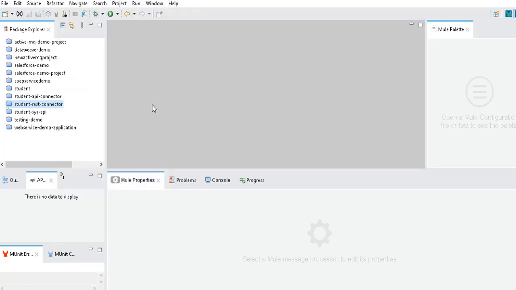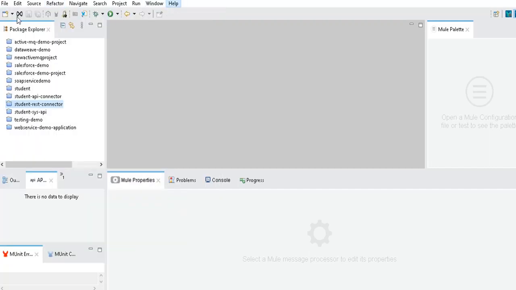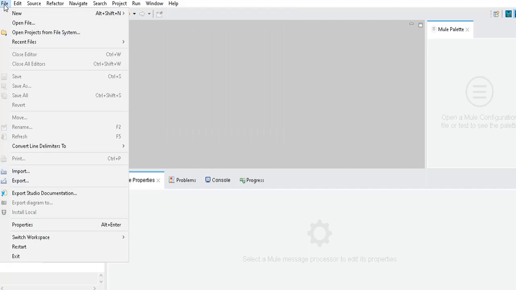Okay. Now I'm going to create a new project in which I am going to consume this student REST API as a connector. So to do that, I'll create a new Mule project.